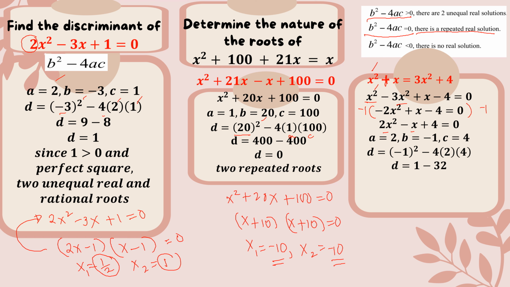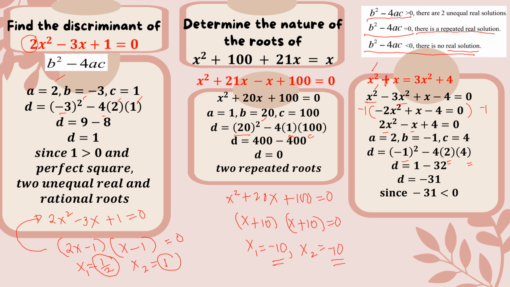Getting our discriminant, we have b squared, which is negative 1 squared, minus 4 times our a, which is 2, and our c, which is 4. Thus 1 minus, and 4 times 2 is 8, times 4 is 32. So our discriminant is equal to 1 minus 32, and to simplify, our discriminant is equal to negative 31. The negative 31 falls under the condition that if b squared minus 4ac is less than 0, meaning it will be negative,